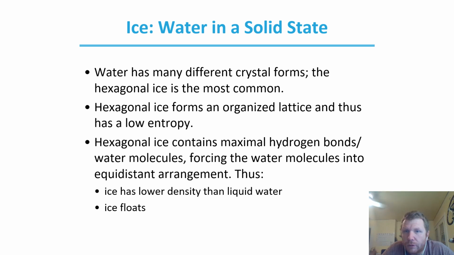Water has many different crystalline forms. The hexagonal ice is the most common. Hexagonal ice forms an organized lattice and thus has a very low entropy. Hexagonal ice contains a maximal hydrogen bond per water molecule, forcing the water molecules into equidistant arrangements. So this basically means ice has low density compared to liquid water, which when you think about it, if you get